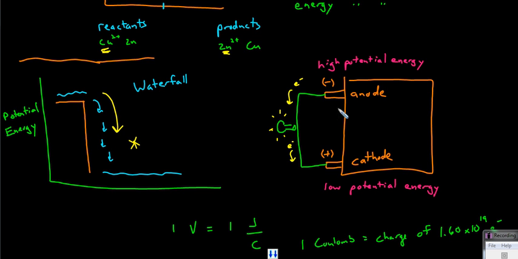But you can also harness the energy of the difference in the potential energy of your electrons. Electrons are higher in potential energy at the anode and lower in potential energy at the cathode. And electrons will spontaneously flow from the high potential energy to the low potential energy, from the anode to the cathode. And you can harness that energy by using a light bulb, say, or further transferring that through wires to, say, make coffee, etc. Now, you can describe the amount of energy,